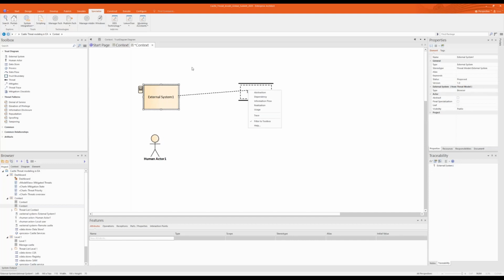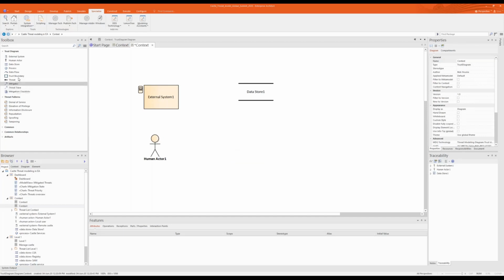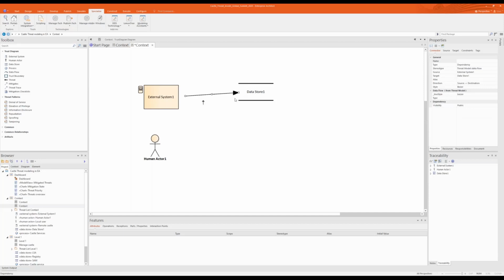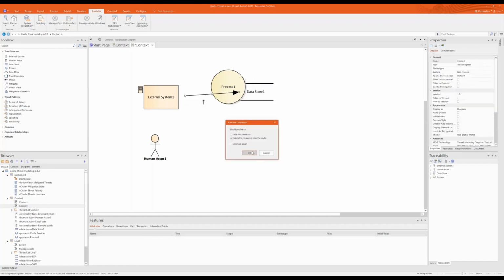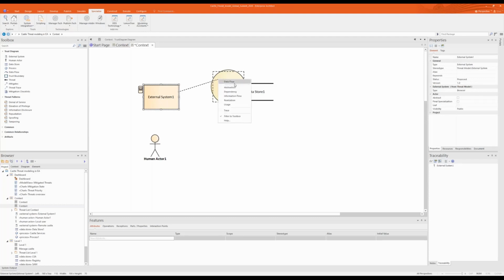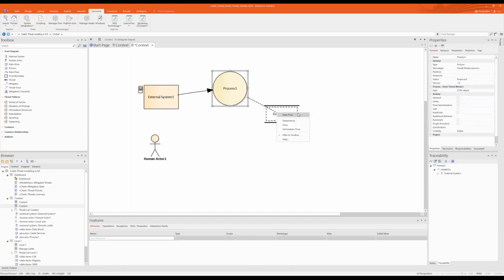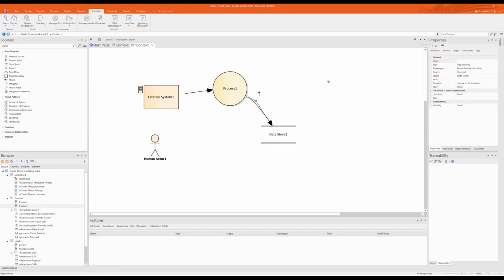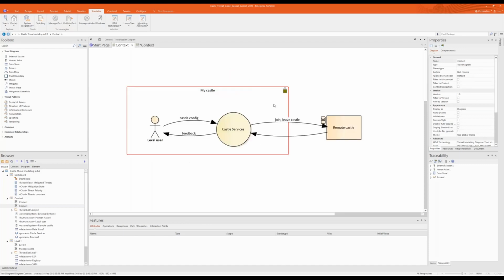And just like that, using the predefined MDG, you can use the relationships, which, oh, in fact, this is not the right one. You can use the data flow, the external system. Actually, there should be some process, and the MDG technology has a predefined quick linker, which gives you the option of a data flow, which is the right relationship between the external system and the process. And the process usually stores some data to a data store. You can give it a name, whatever data. Just use common sense if you create such a DFD diagram. So some data, and then once it's done,